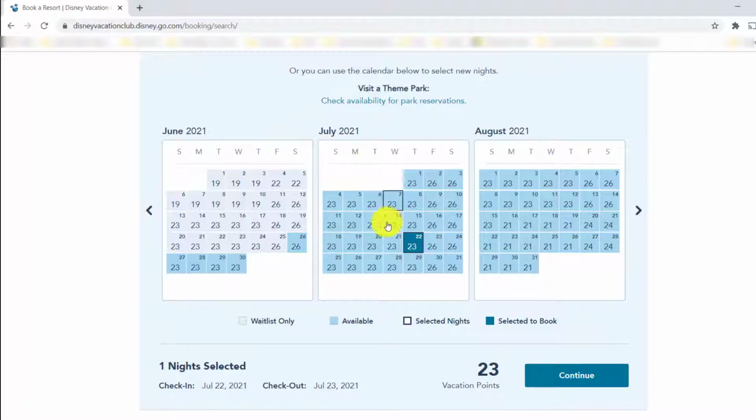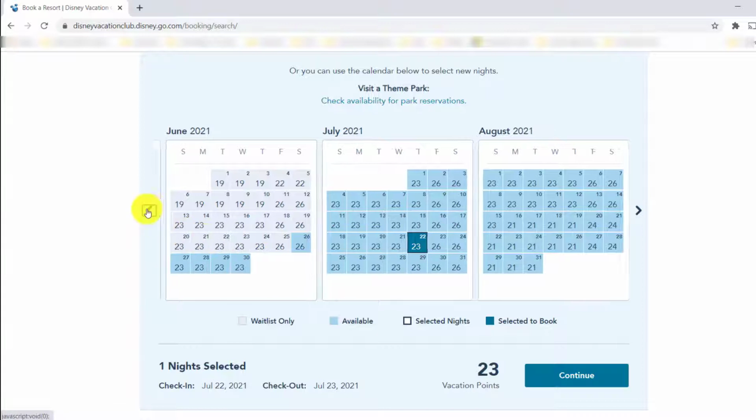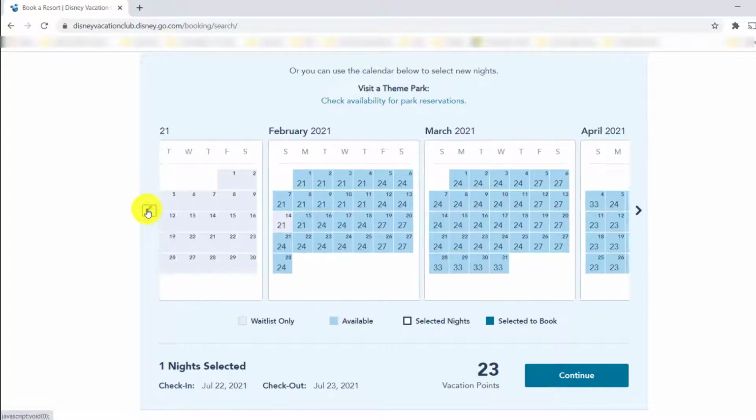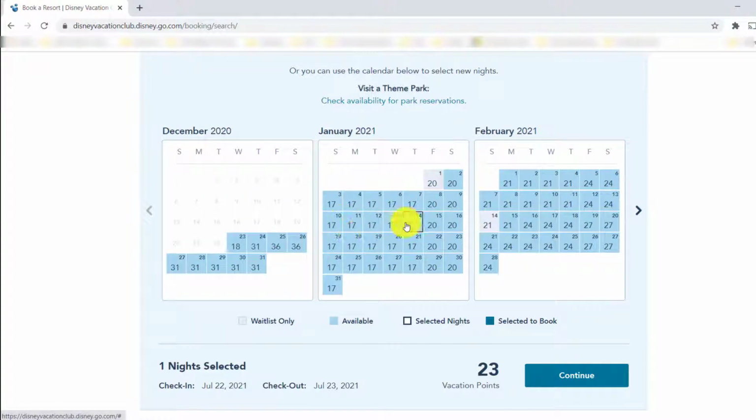Okay, so you can see here, all of this light blue color means it's available, means that you can book this. Anything that is the dark blue, that's the date that I was searching. And then we have the bold box shows the selected nights that I'm looking at. And then wait list is these pale blue, means not available. And the nice thing here is that you can actually look at the entire year. So I can scroll back and see that, wow, things are really wide open right now. You could go tomorrow and it's wide open